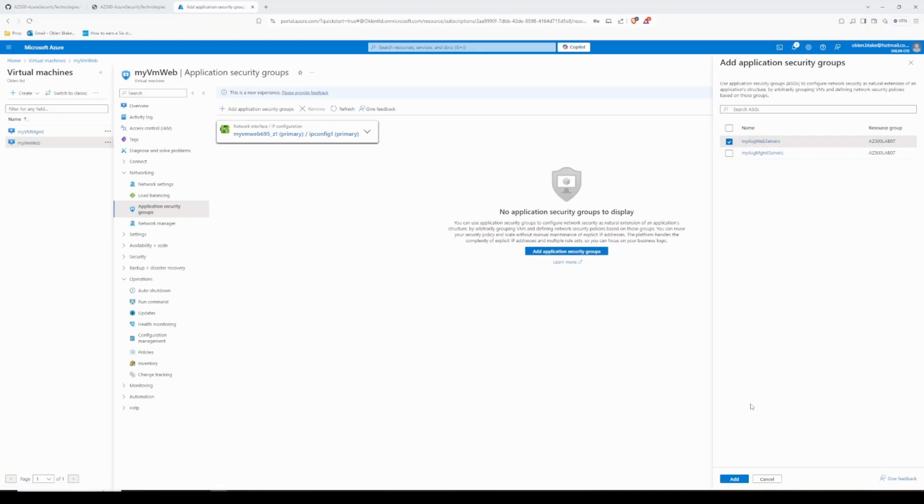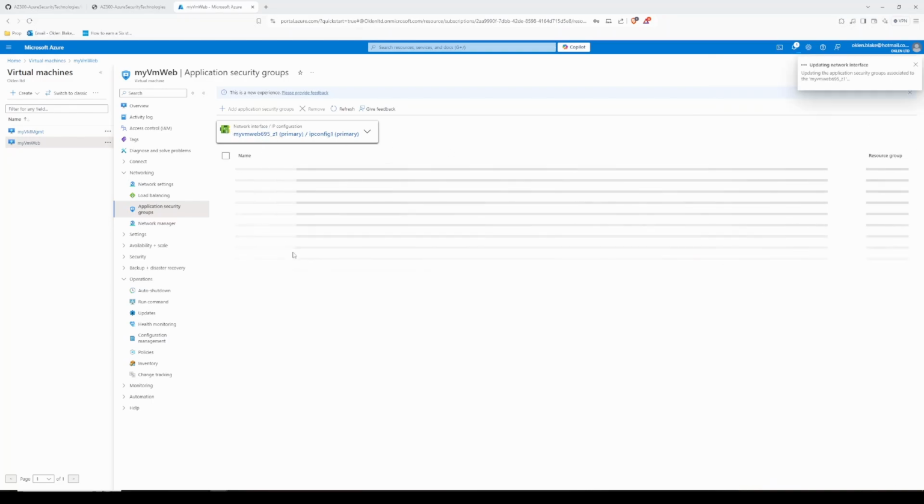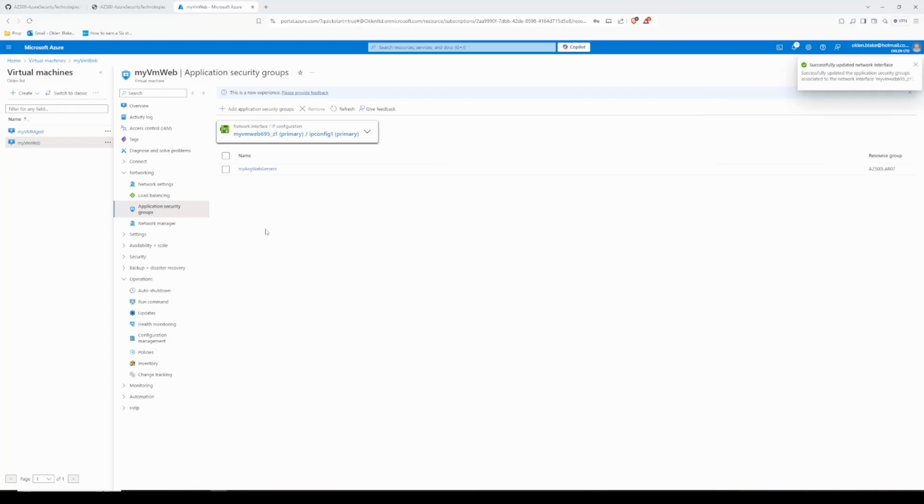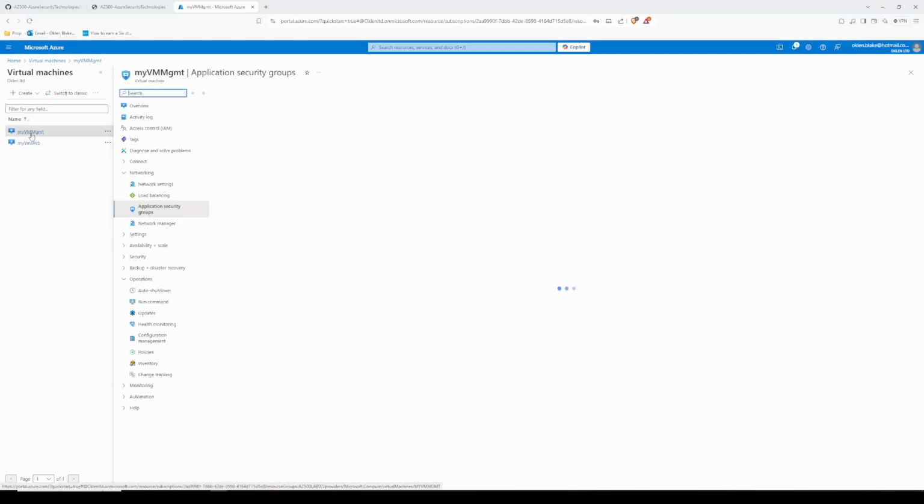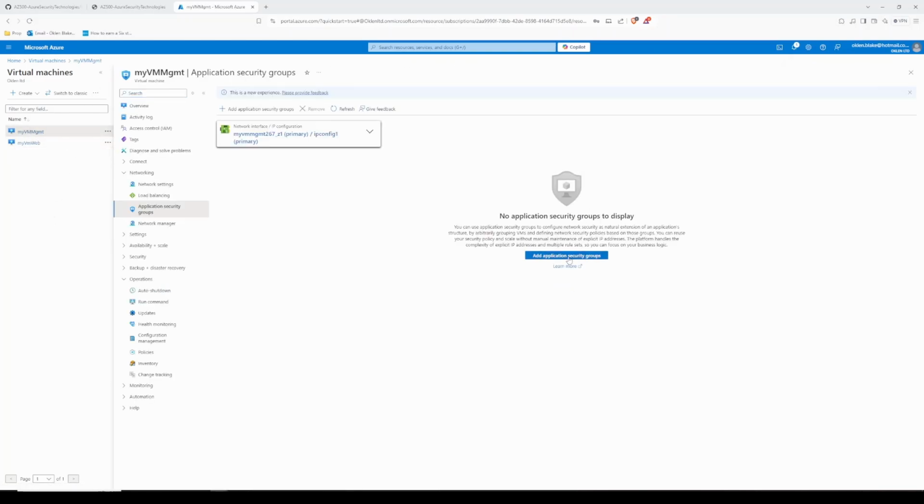And then here we go. Add application security group. Okay, added. And for the management one,